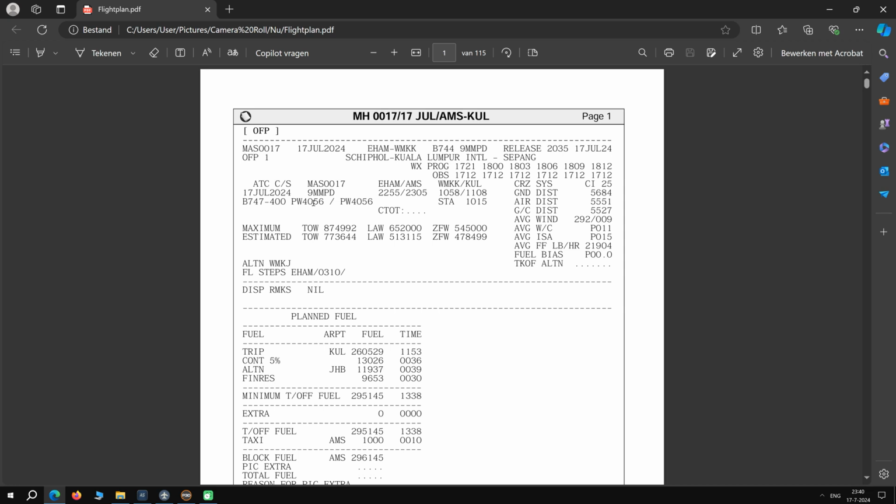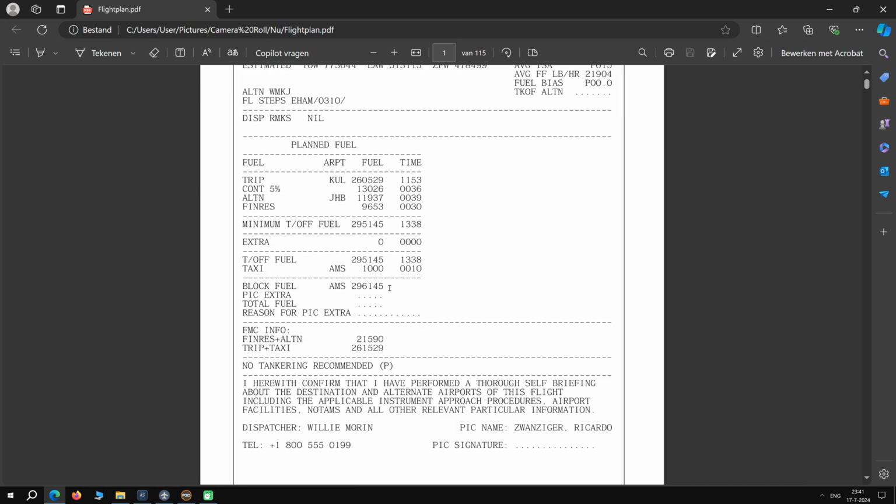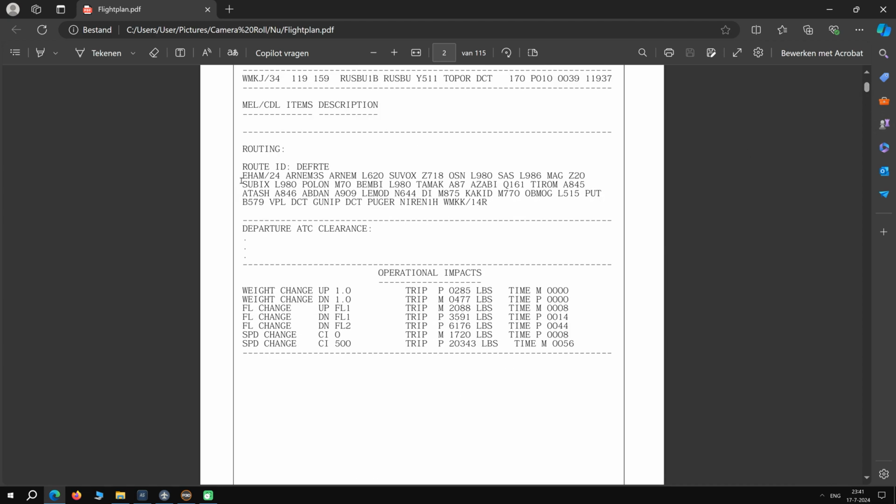I've made this SimBrief profile by myself for the Air India, but this is the same airplane and the same engines and type. Average wind component says 29, but it is a flight of 11 hours and 53 minutes. So let's see how that works out. Estimated takeoff weight is 773,644. Maximum landing weight is 652, so we are very above max landing weight. Block fuel, we are looking for 269,145 pounds. And we are taking off from EHAM